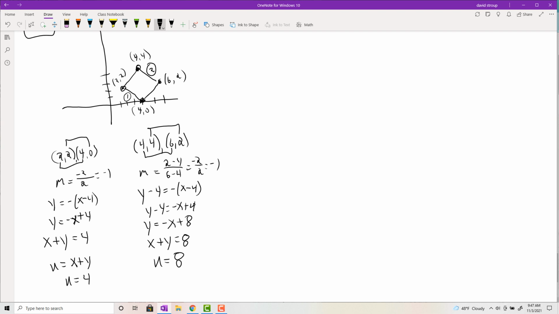Okay, and let's get to another line. So make this line 3 here. That's clearly just y equals x, 2, 2 to 4, 4. So y equals x, and so I'm going to make x minus y equals 0. That the v will be my x minus y. Okay, and of course here v will start at 0, and then this other line, 4, 0